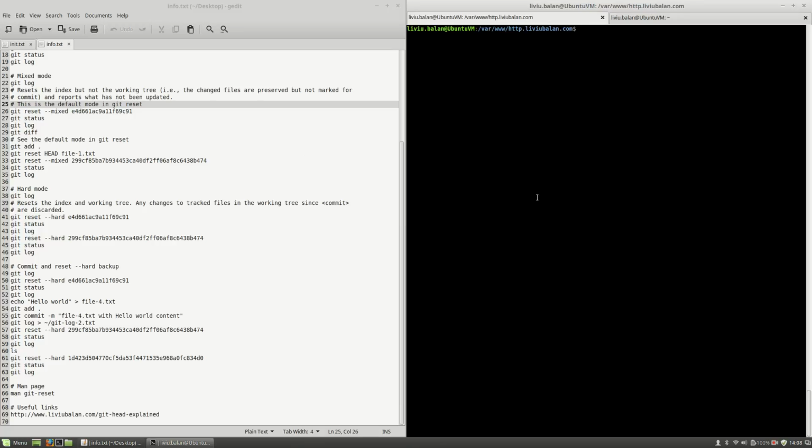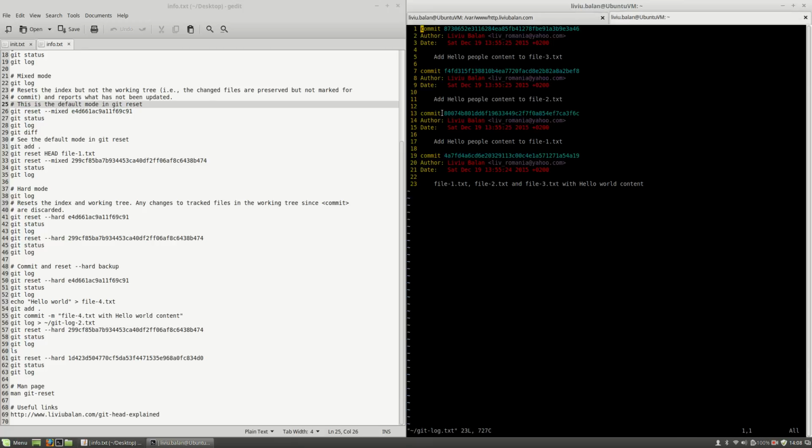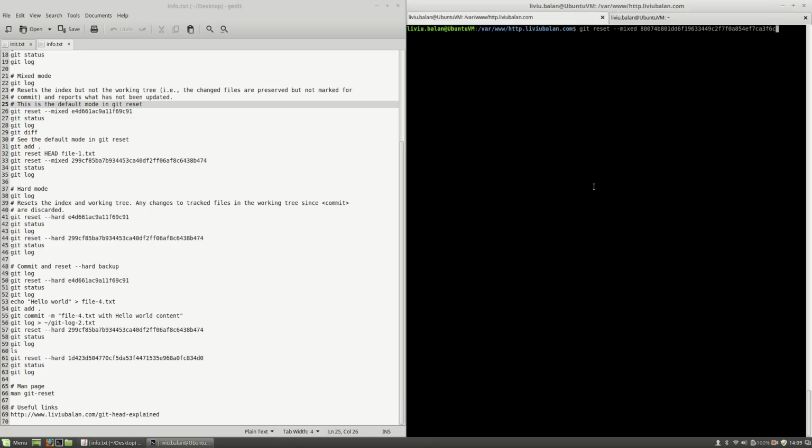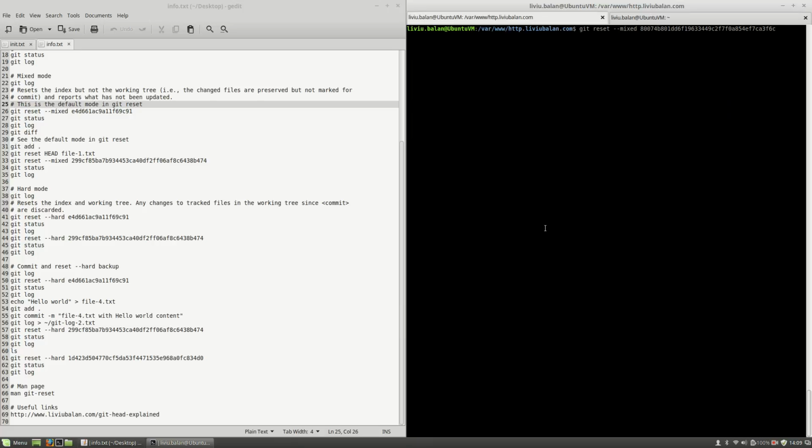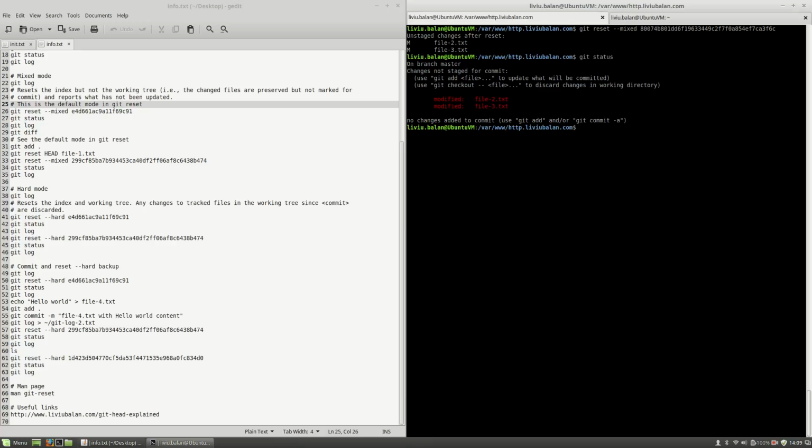In order to perform git reset mixed, I will type git reset --mixed and then a commit ID. I will use the same commit ID that I've previously used here, but I will use the full commit ID. So I will reset the git head pointer to this commit ID, but I will perform a mixed mode. Hit the enter key, and now if I use git status, you'll see that the files are not in my staging index, but instead are in my working directory. You will see that the files were modified,